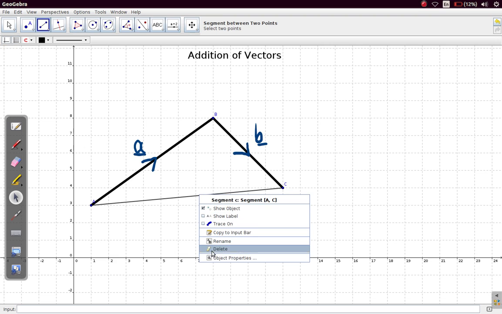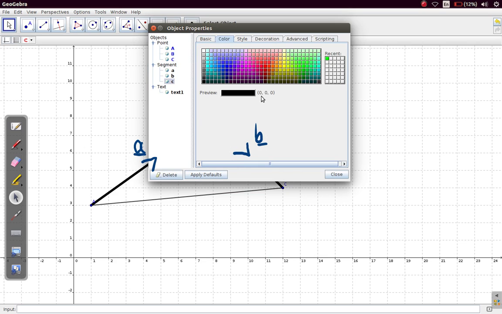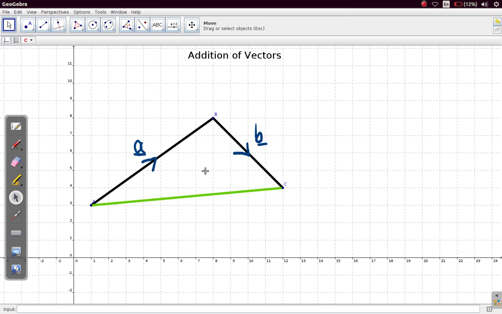Let me set up the third vector, which is what we call the resultant. Let me make it this color and make it thick. Okay, nice. Now, what we have is a triangle where we have A, one vector, B, the other vector, and